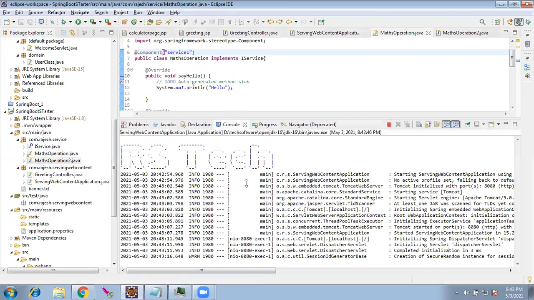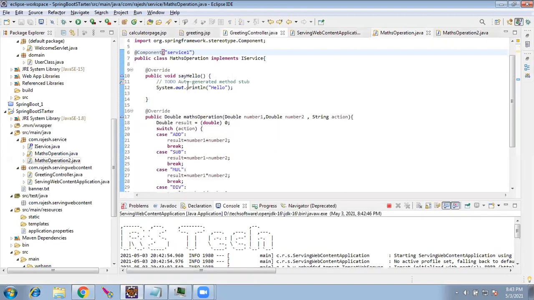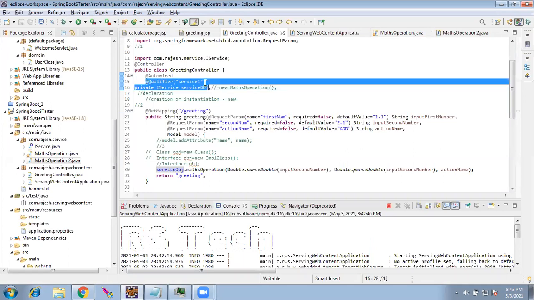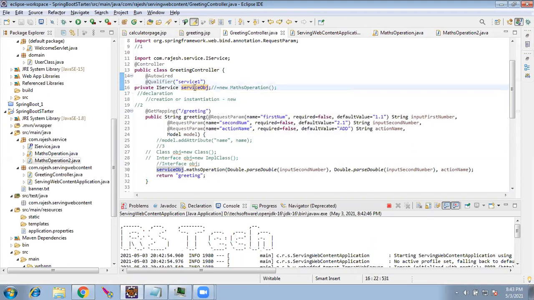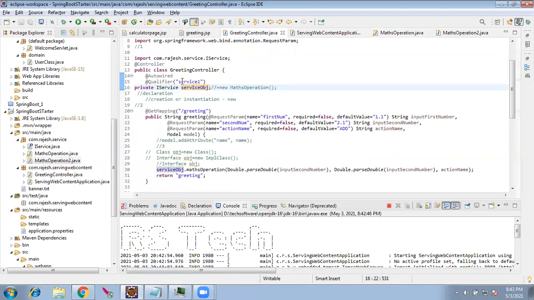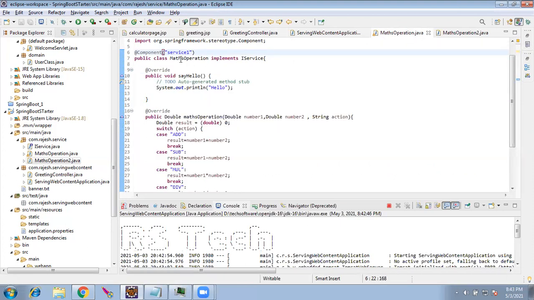So when I gave the qualifier, what I am telling the controller is: you create this bean, but you search for a component with this particular name. That you have to map here. What's the use of the qualifier here? It is just mapping. Qualifier means you take this word, and whichever implementation has this name, you match it.